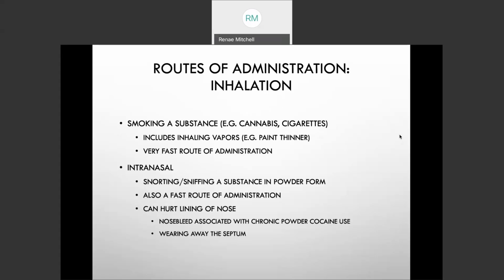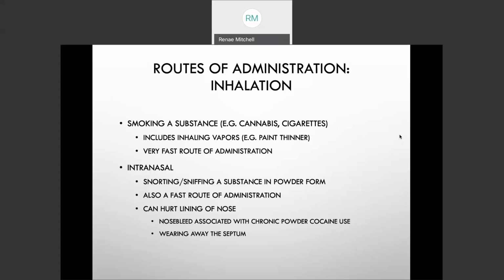Another method of administration of drugs is through inhalation. That can occur both with smoking through the mouth, inhalation of a substance through smoking, like cannabis or cigarettes. It also includes inhaling vapors, and that can actually occur both with the nose and the mouth. Oftentimes, when people are inhaling vapors, they're using a bit of the substance in some sort of bag that goes over both the mouth and the nose, so that both organs are involved in inhaling something like paint thinner or